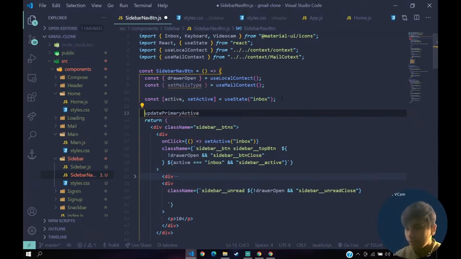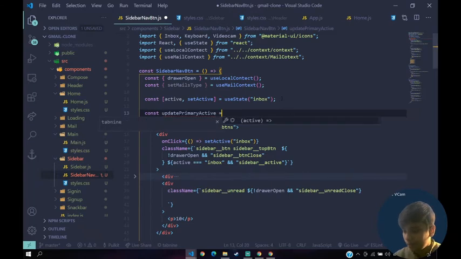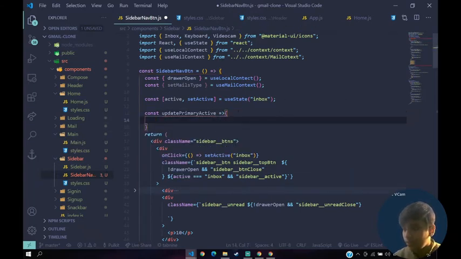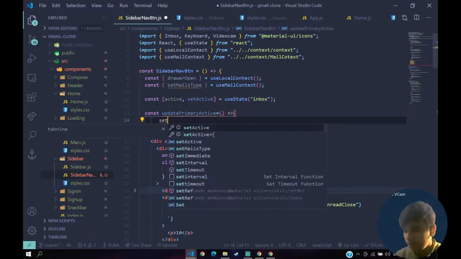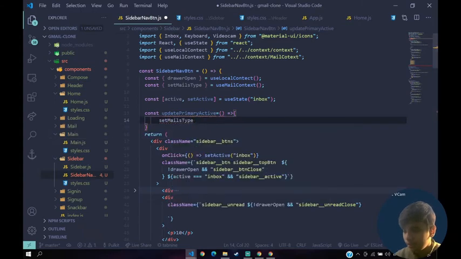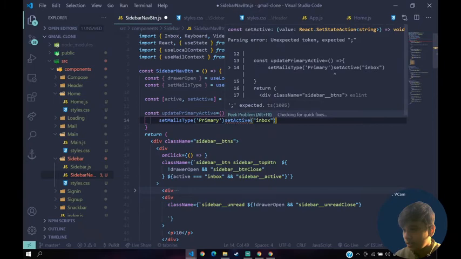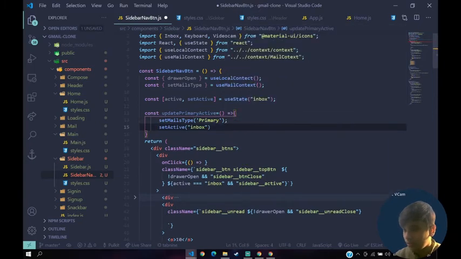We're gonna create a function const update primary active, an arrow function. Then what we'll say here is set mails type to be of primary, and set this set active to inbox, right? Set active to inbox. Perfect.